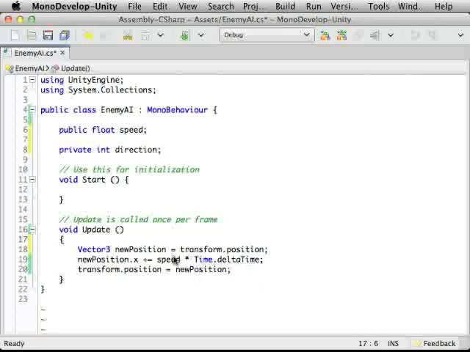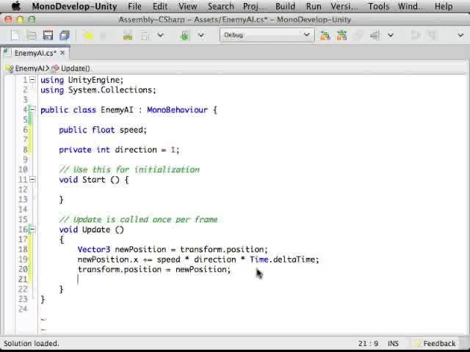So for the direction, we're just going to multiply it in, and we're going to default it to right, so equals 1. And we're going to multiply it into this equation now. Equals speed times Time.deltaTime, and we're going to add times direction. So this automatically will change the amount that it changes by 1 or -1 once we put that logic in. And that'll make it so it's automatic. We don't have to do an if statement or any state information for this. So